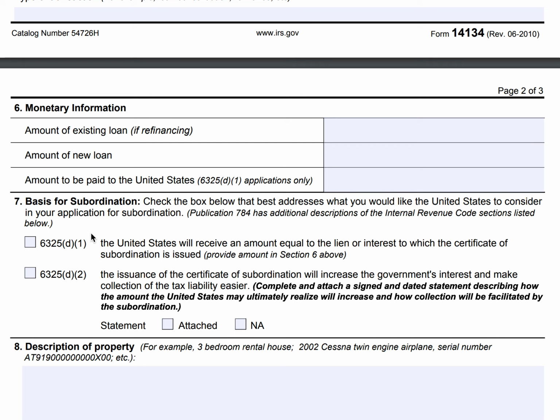If you've got plenty of equity in your home to pay down your debt, let's say you have a $300,000 mortgage on a house that's worth $600,000. If you have $300,000 here, your new loan is $450,000. That means, if your outstanding balance is only $50,000, you obviously can put the entire balance here, and you would effectively pay off your loan. However, you need to submit this form